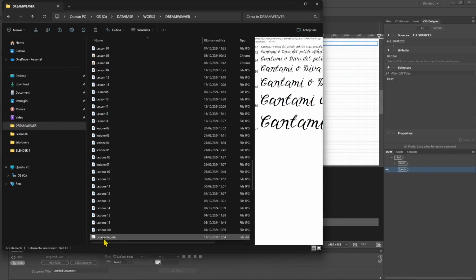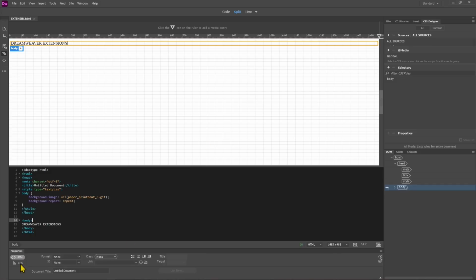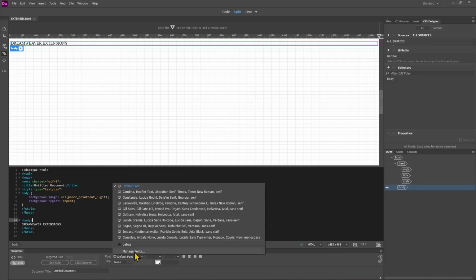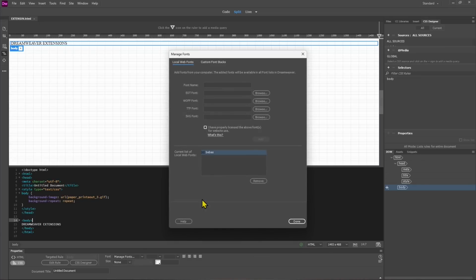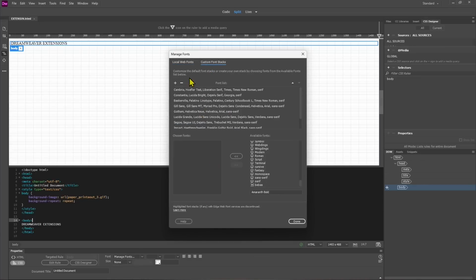And now I have it in there. Now I show in other video guides how you can install new fonts in Dreamweaver and use it in Dreamweaver. I'm gonna show you another way in this guide. So what I'm gonna do is I'm going to go down here, and also I restarted Dreamweaver, so make sure you restart every time you install something new. And I'm gonna go here and in the properties panel again, go to manage fonts in the CSS, and here you can see I have already some